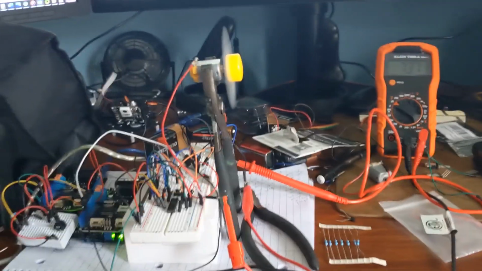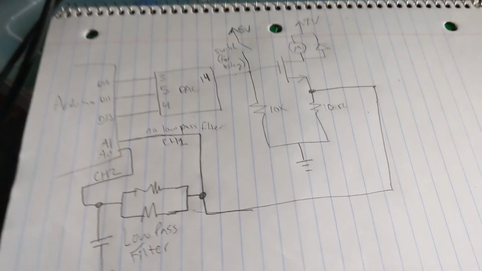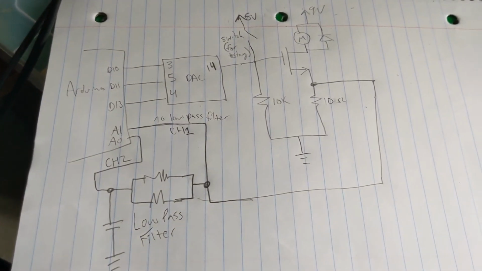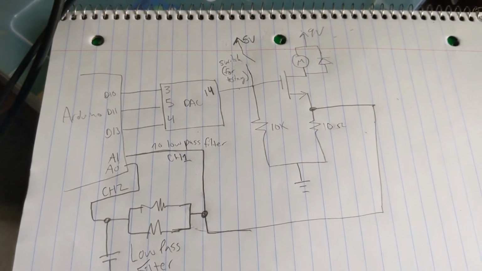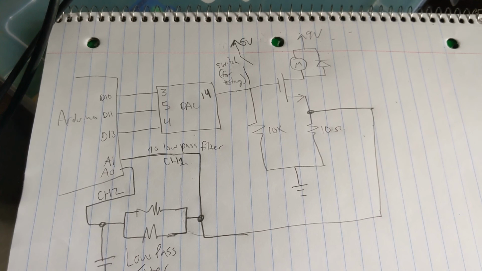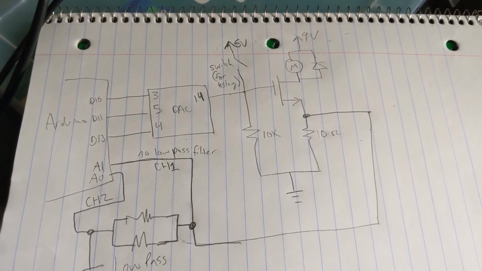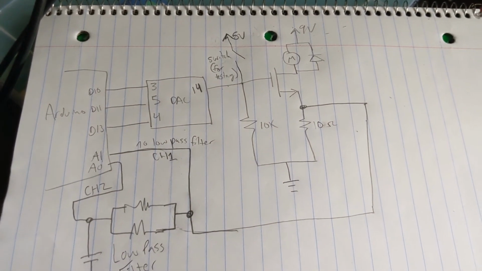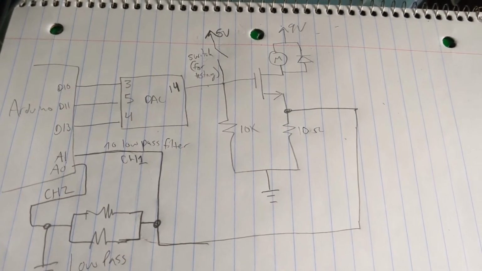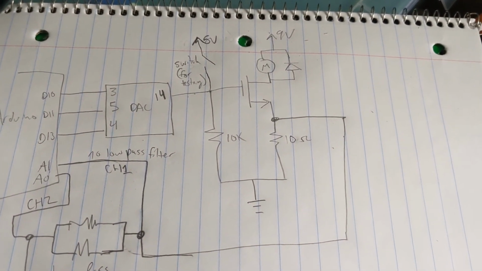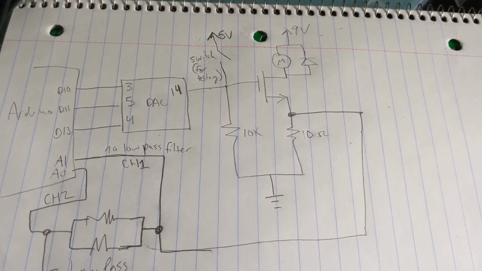Oh, and one more thing. We had to omit the op amp in the circuit because the op amp output voltage was not getting high enough for the base voltage of the transistor to go in saturation mode. So we had to modify the circuit such that the DAC output goes directly to the gate of a MOSFET, which is the 3205,